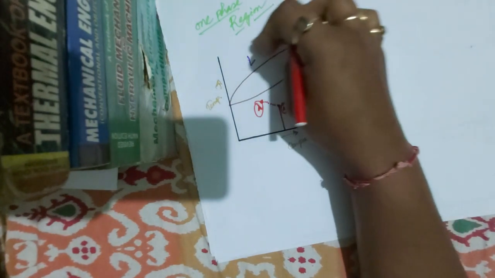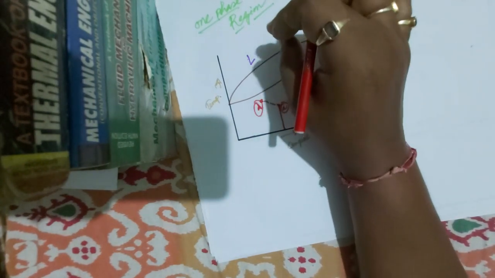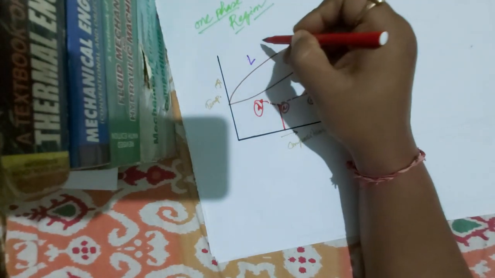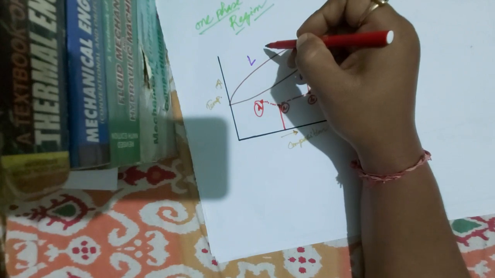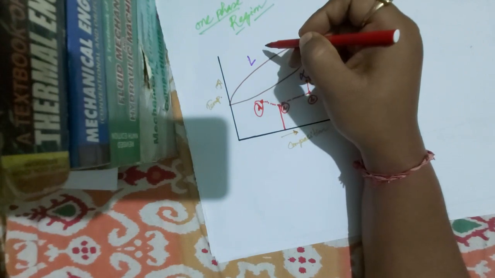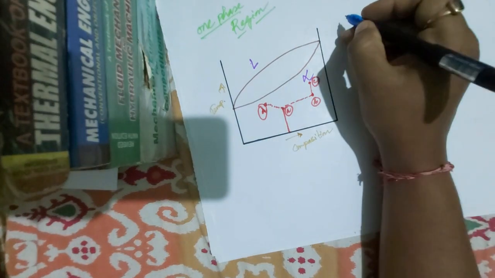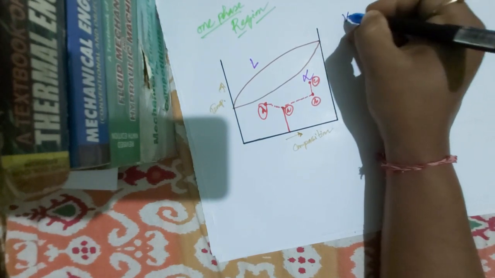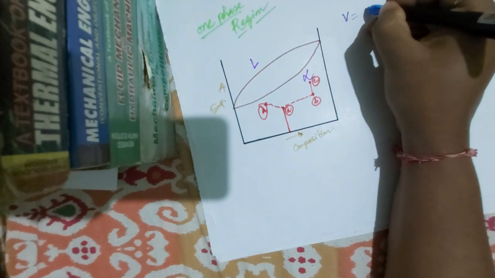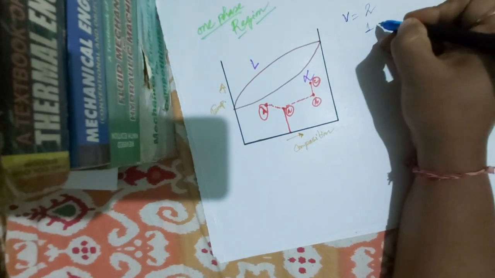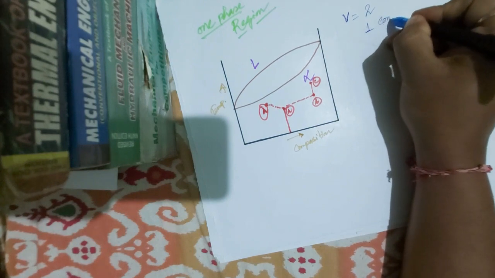And if we take above this liquidus line, we have only liquid phase. So in this place also we have one phase region. So here, how many variables do we have? We have two variables. One is the composition variable,